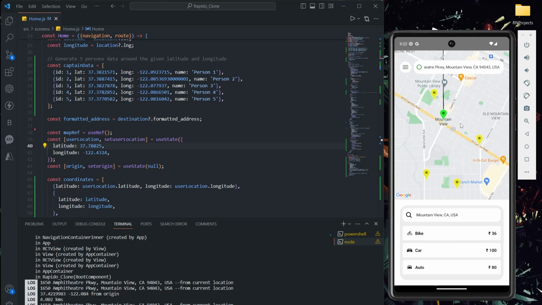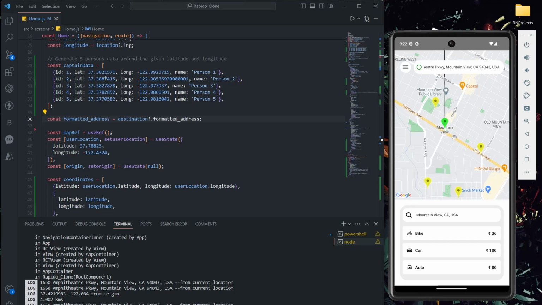Usually we have to show the origins. We have to pass the origin's latitude and longitude, as I said before. But I have passed the destination's, because while creating the data I had the destination's latitude and longitude, so I just created it that way. But you can go with your origin, your current location's latitude and longitude.